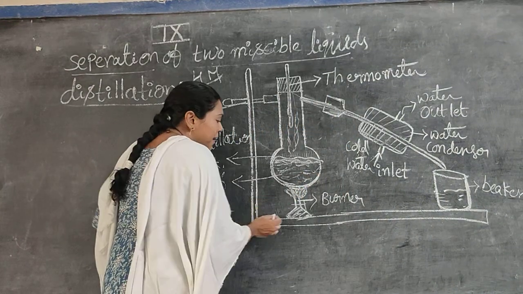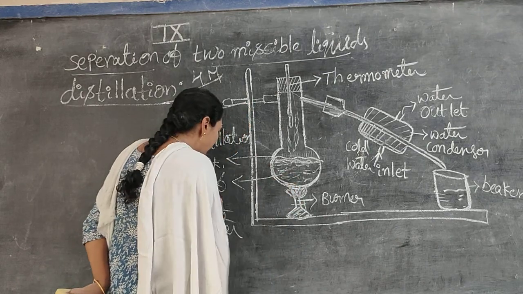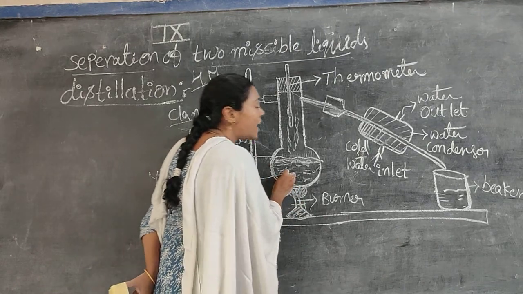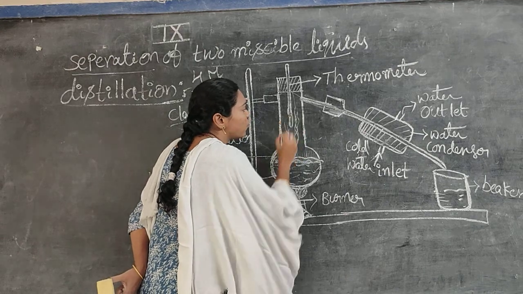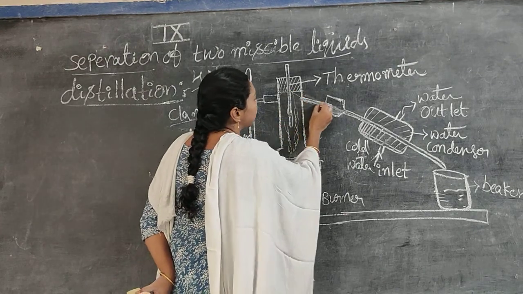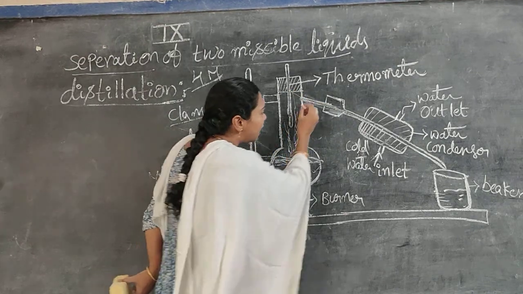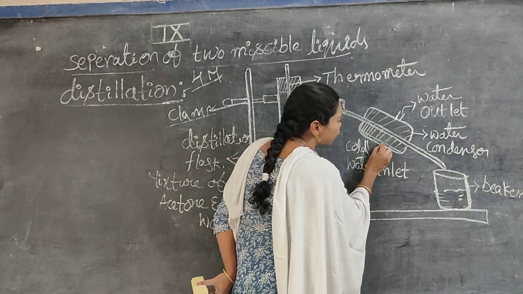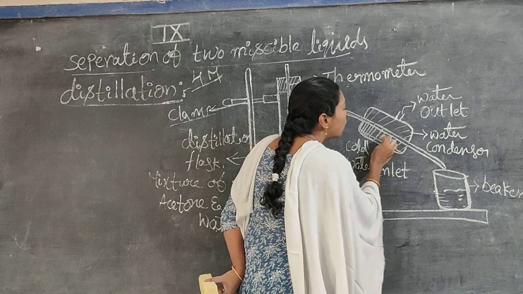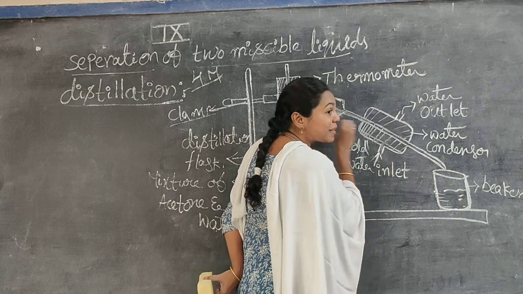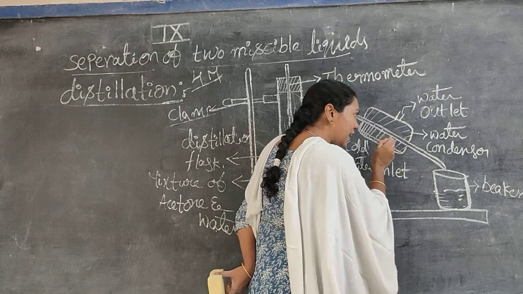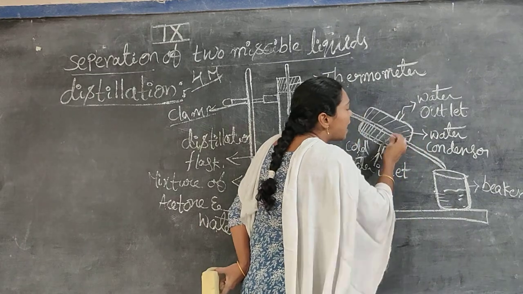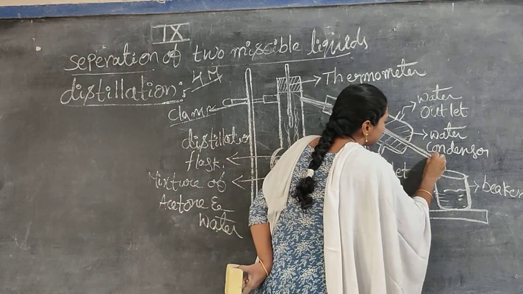Here again I repeat, when we heat the mixture of acetone and water, one liquid quickly converts into vapor state. The vapors come out from the distillation flask and enter into the condenser. Here we enter the cold water this way. The cold water cools the hot vapors of acetone and converts them into liquid state. And finally the liquid acetone